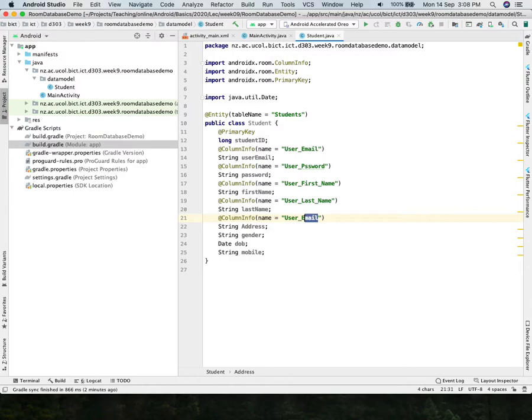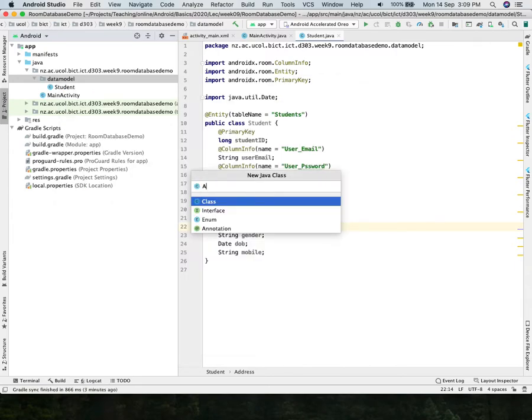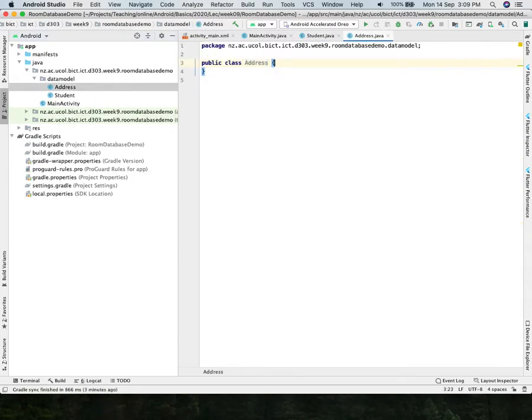Then I also have user address. Why we are using this for student, maybe we can use the, okay, just keep it like the user's address. Now, as I told you, it is possible that we can have embedded fields, and in those embedded fields, like here address is something which has multiple parts to it. So instead of having a simple string as an address, I am going to create another Java class. I say Address, and in that particular class